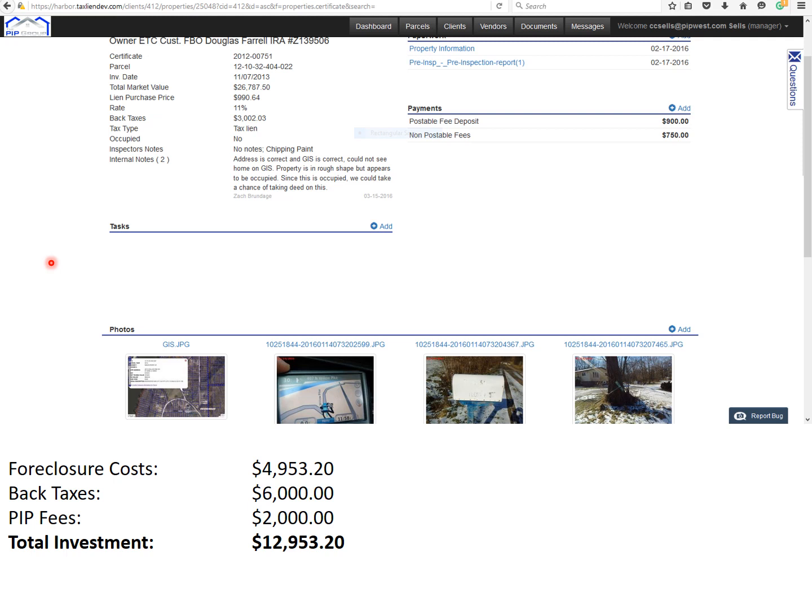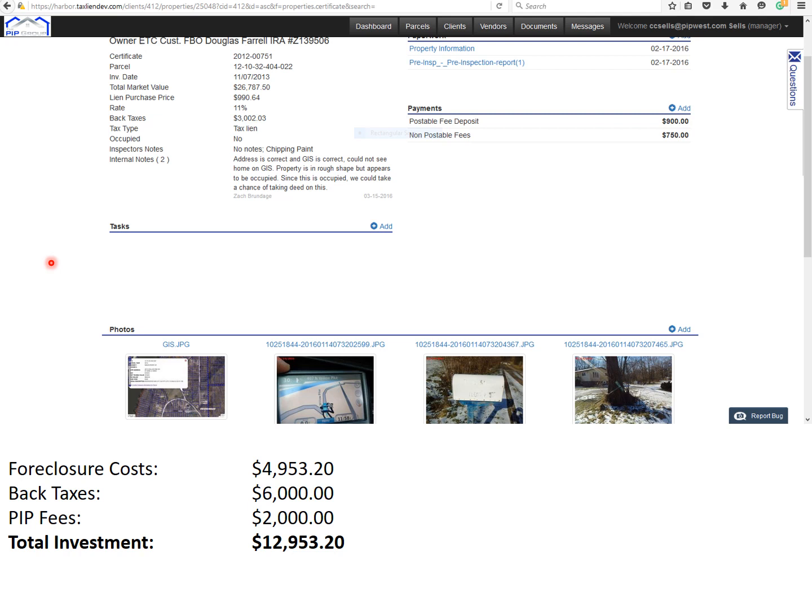So let's take this particular property and assume almost worst case scenarios. So the foreclosure cost on this is $4,953.20. How I came up with that number is I essentially just took the lien purchase price and multiplied it times 5.